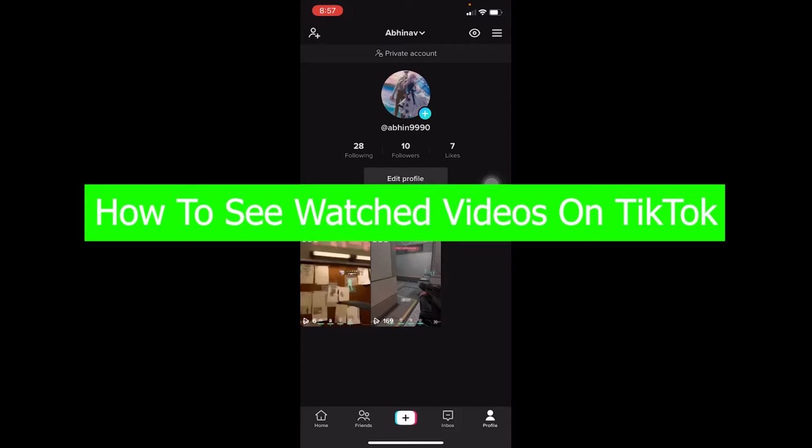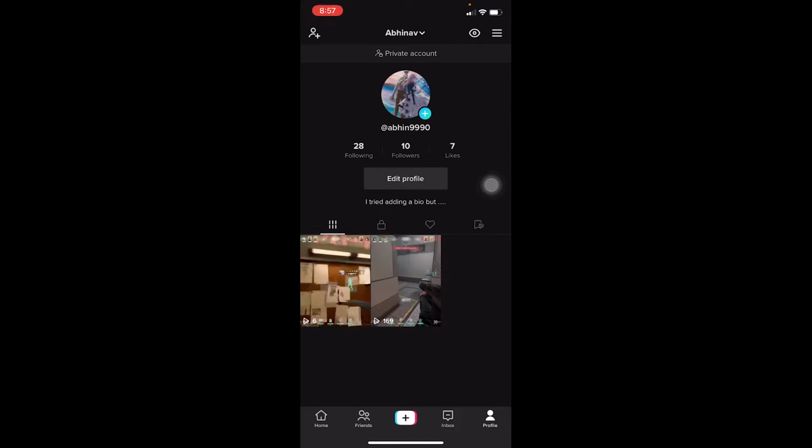To see that feature, make sure your TikTok is up to date, because if your TikTok is not on the latest version, the steps I'm gonna show you are not gonna make sense. You can go to your Play Store or App Store to check if there's any update for TikTok. If there is, make sure to update it. And after updating your TikTok, watch the video, and I'm going to show you guys how you can